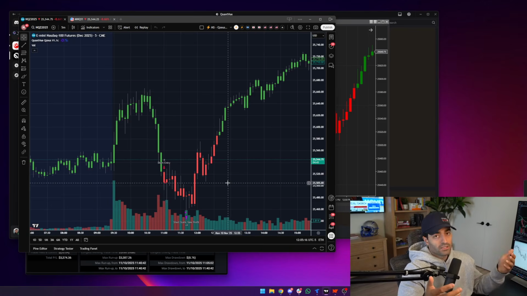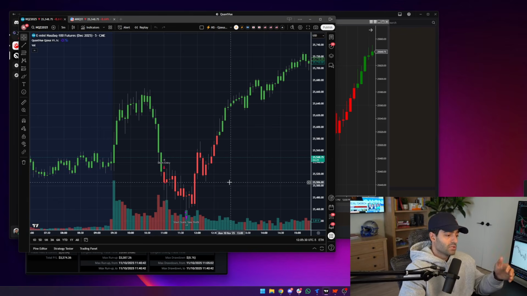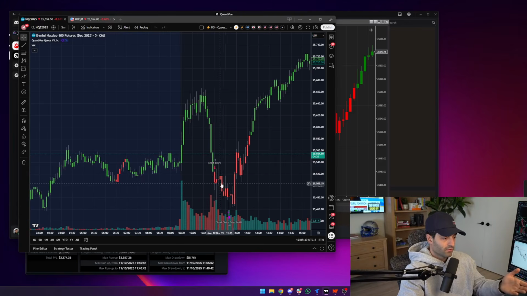Now, the good thing is that Qzeus is on a 5-minute chart. So it's not on, let's say, a 1 second time frame or 30 seconds or even a 1 minute where every single second counts. Qzeus is the type of algorithm that's going to take longer drawn out trades. It's not going to look for 5-point scalps. It's going to look for moves like this, 30, 40, 50-point moves